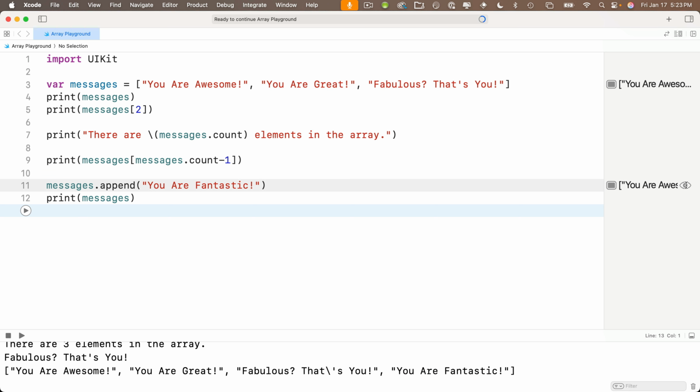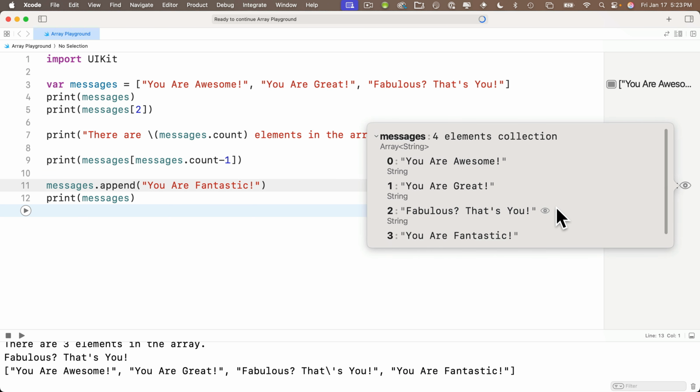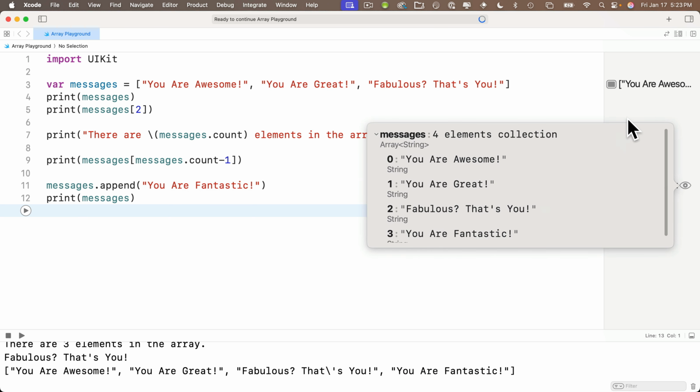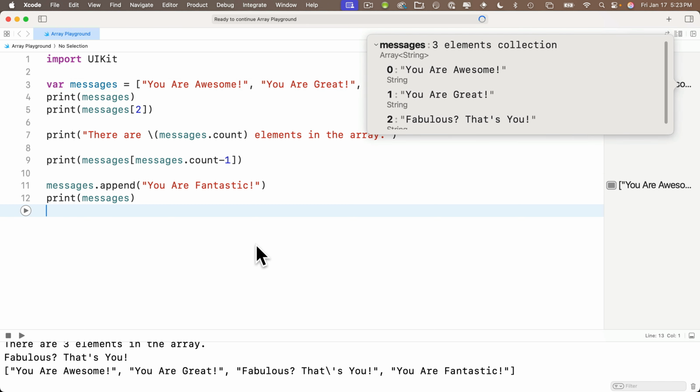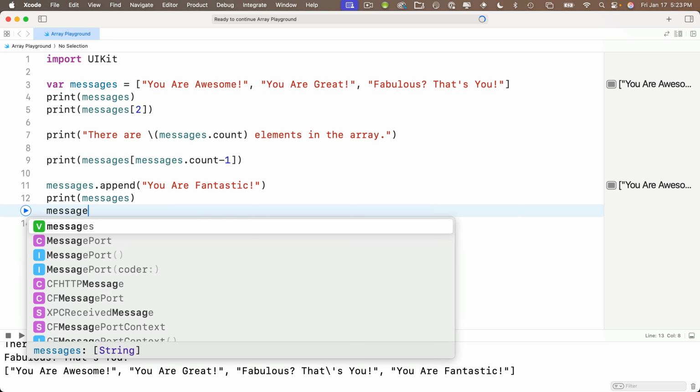Nice. And you can go up here and click on the eye in the quick look, and we can see in line 11, we've got all 4 elements of the array. Up in line 3, we only have 3 elements. Just as expected. Now we can also use the plus operator to add elements to an array, but there's a